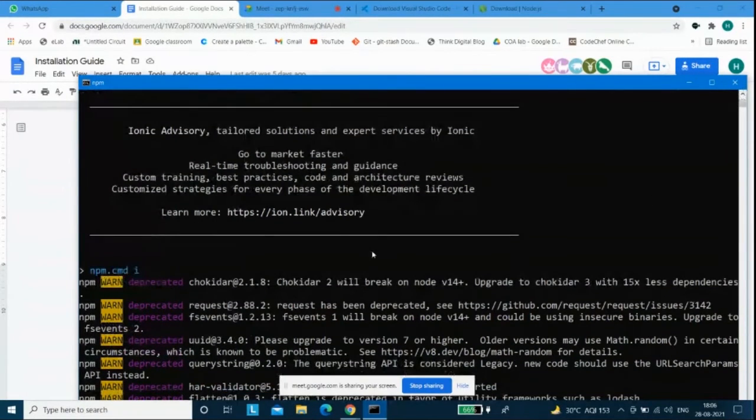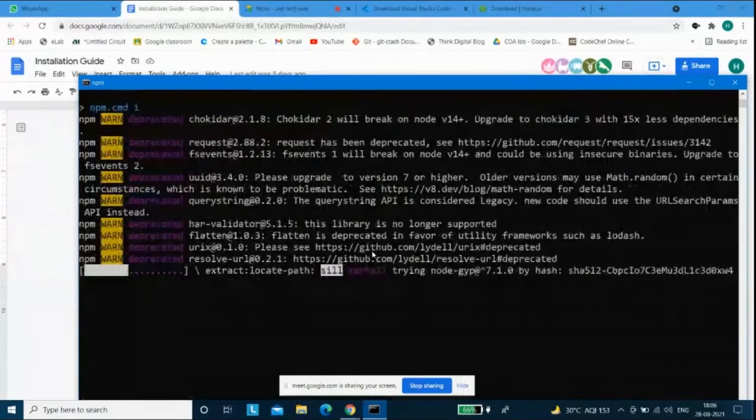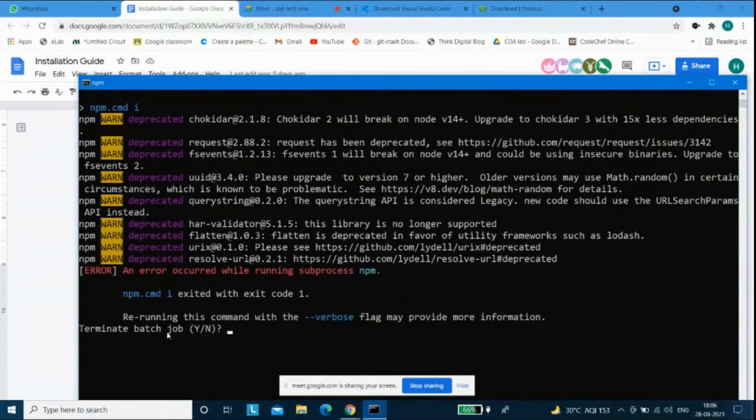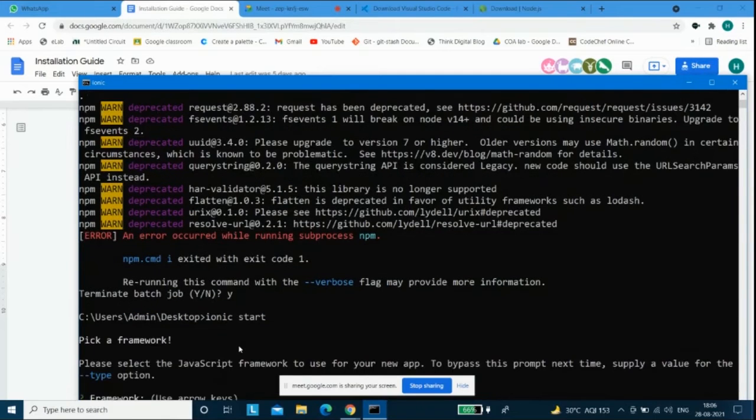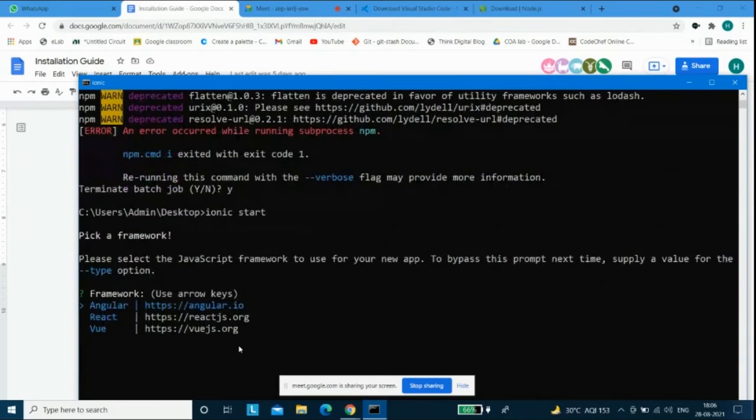Should I share my screen? You can. What you can do is write Control plus C. You will see something like, if you want to terminate the job, and you can say yes. Okay, so you will go back to the admin or desktop wherever you are, and then you can start again. So you can go Ionic start, and then it is going to ask you for Angular or React or whatever. So go with Angular. Was this visible to you or it didn't come? Showing the same thing, like use the app creation wizard.